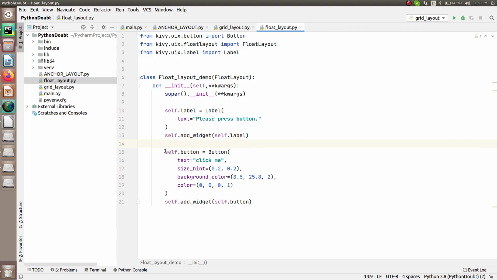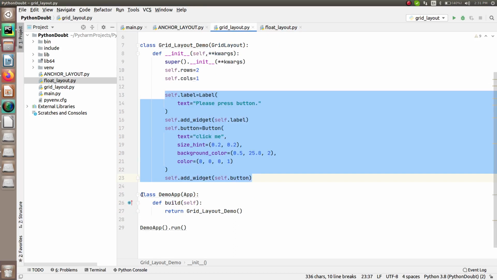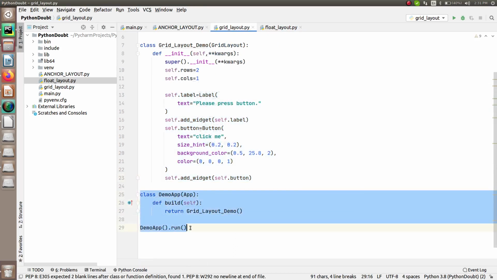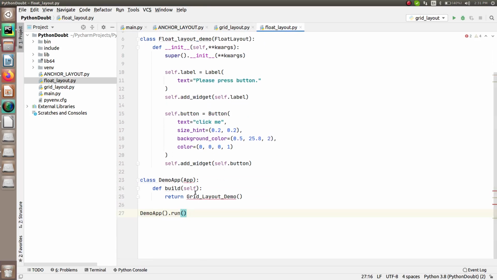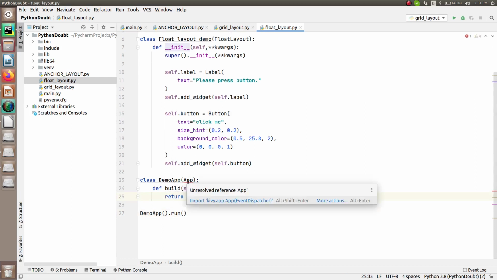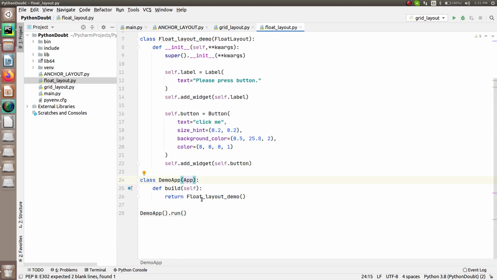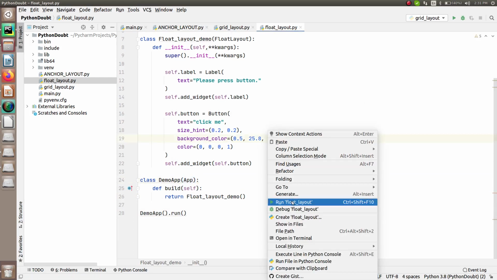And similarly for the button part, I have done the resizing, or let's say I have just set the size of the button. So this is what I have done over here. Similarly I have set the color for it, but I haven't set the position for it. So right now let me just make it like this only, and afterwards I will do that part as well. So for now let me just copy this and paste it here and just replace it with the FloatLayoutDemo, call the app. Alright, so let's run this and see how it is going to look like.